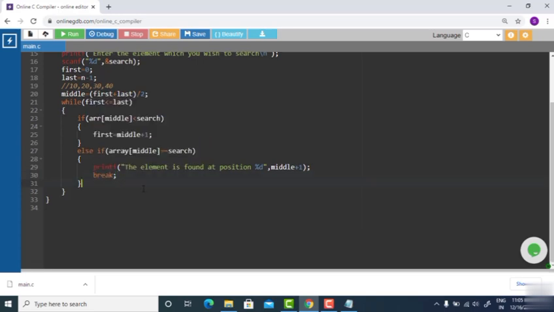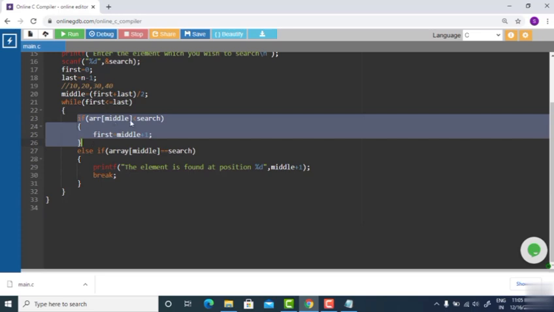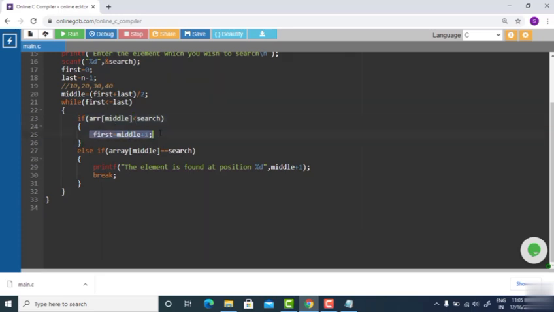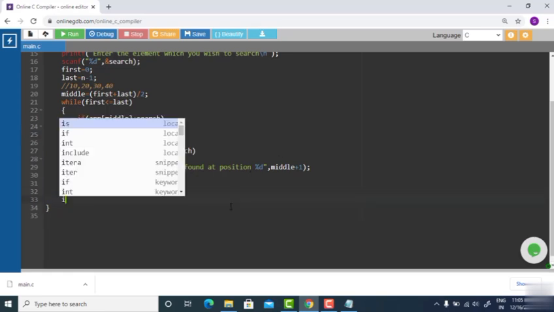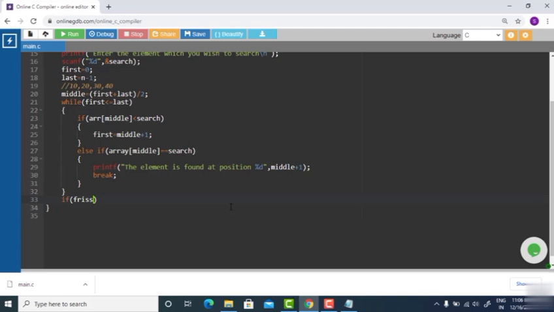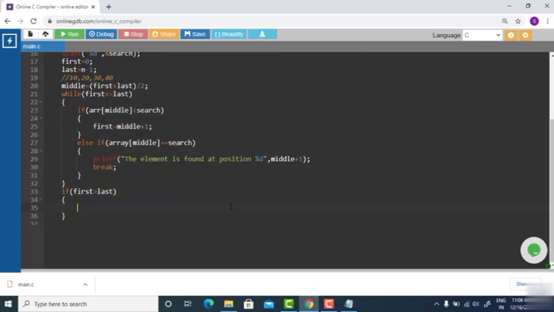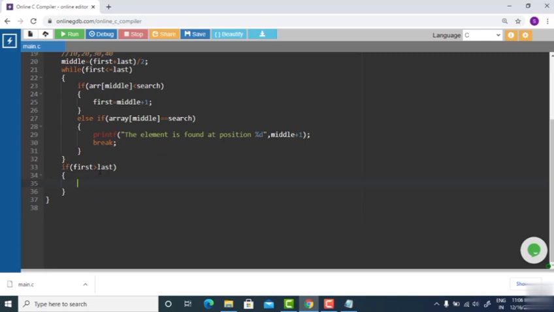Right? Super. Until the loop stops, if the element is not found, then you have to search one part of the array. If the element is found, then just print and break, right? And after coming out of the loop, if the index of the first element becomes greater than that of the last element, then printf the element is not found,